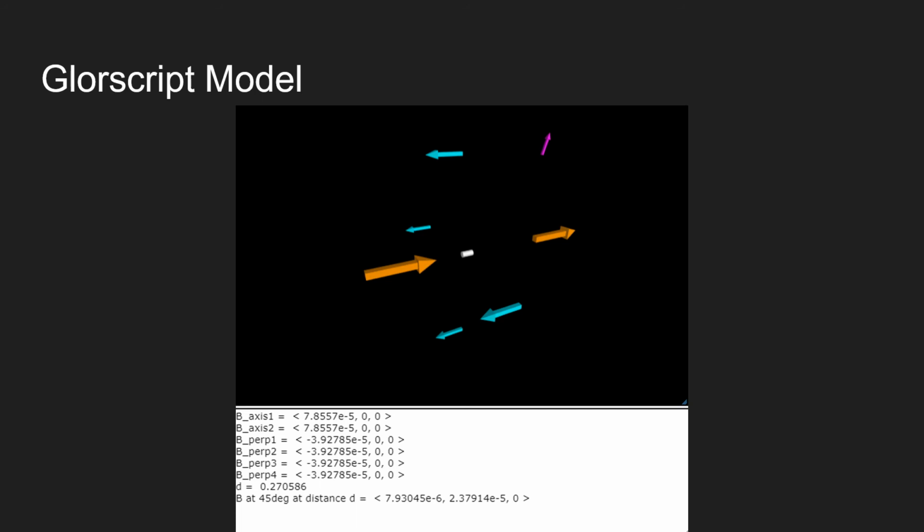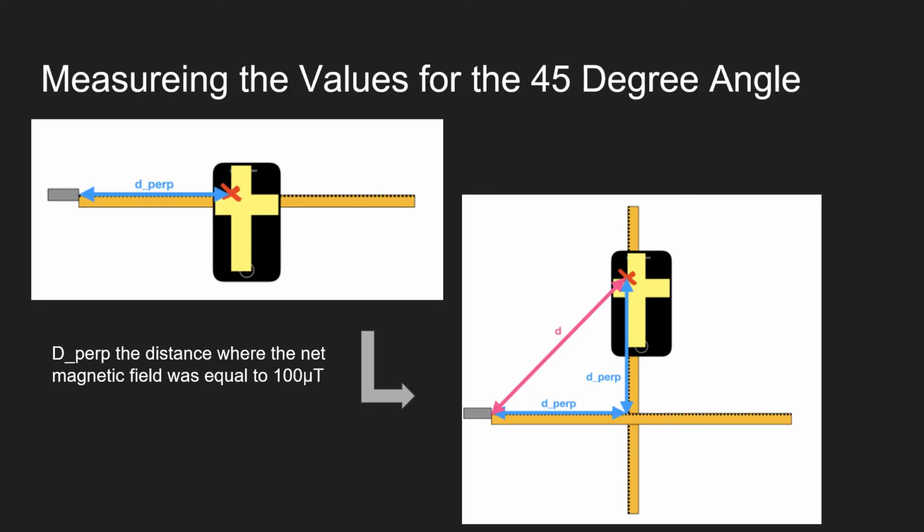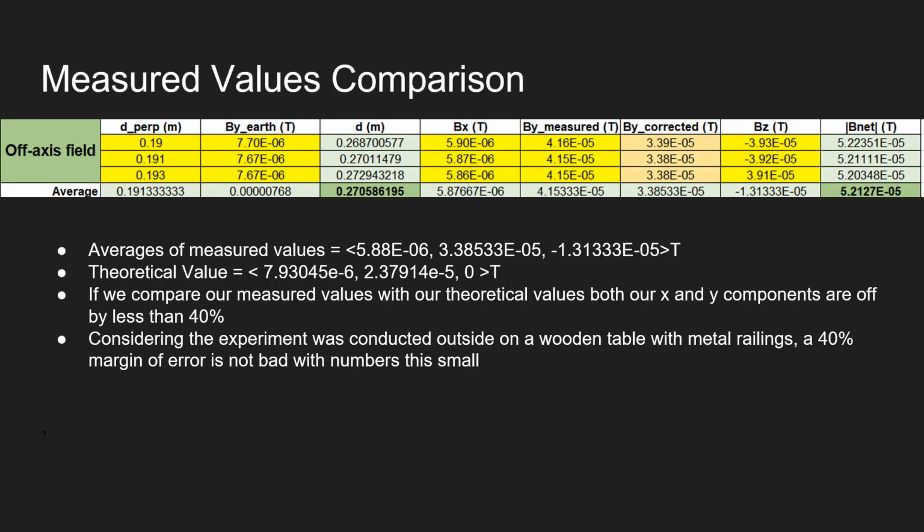Note that the text box does actually give the location of all 6 vectors as well as the magnitude of the 45-degree angle vector. This is just a breakdown of how we placed the phone for the 45-degree vector. And this is all the data we took at that 45-degree location. Note that we actually had to compensate for the Earth's natural magnetic field, which we did by subtracting its value from our measured y components. Something we would not have been able to do had we lined up our phones and meter stick any other